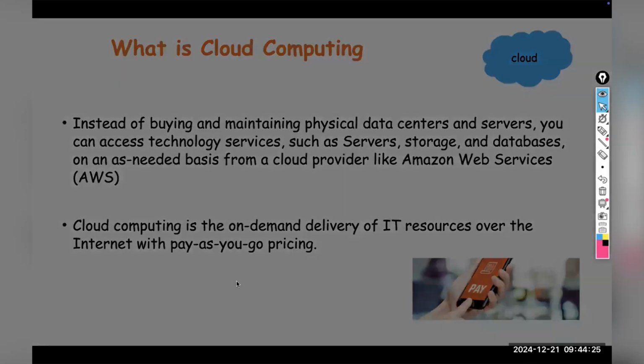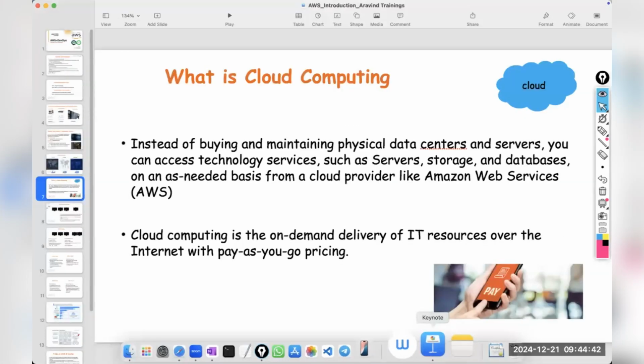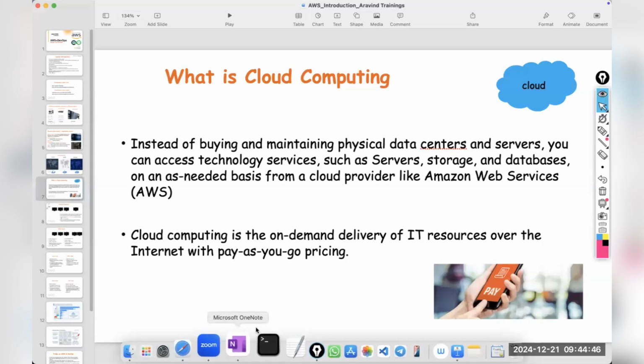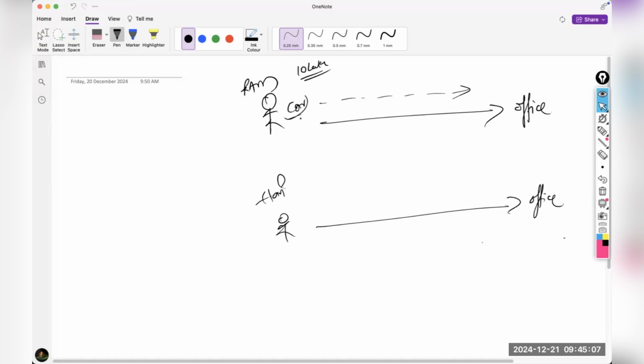I'll give you one example to compare. So there are two persons. See, Ram is going to office daily. He's planning to buy a car, and he got the car also. Like he invested 10 lakh rupees. He's going to his office daily, like weekly 3 days, in his own car. His friend Hari is also going to office, but he doesn't want to invest unnecessarily 10 lakh rupees in this liability car. What is he planning? He is planning to go to office in a car only, but not on his own